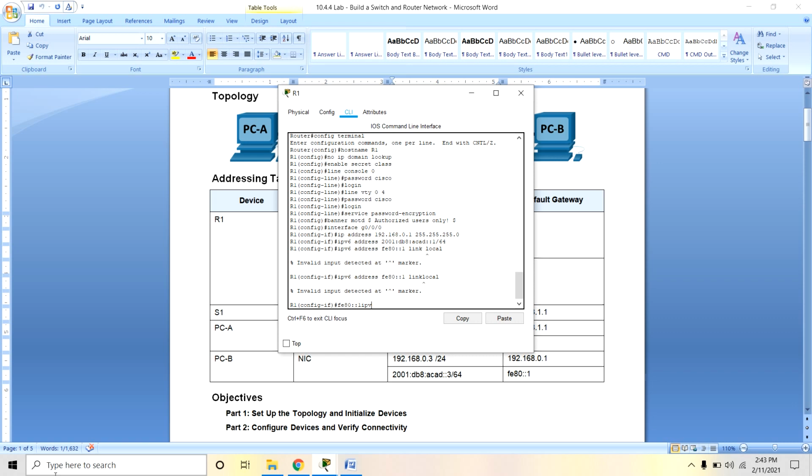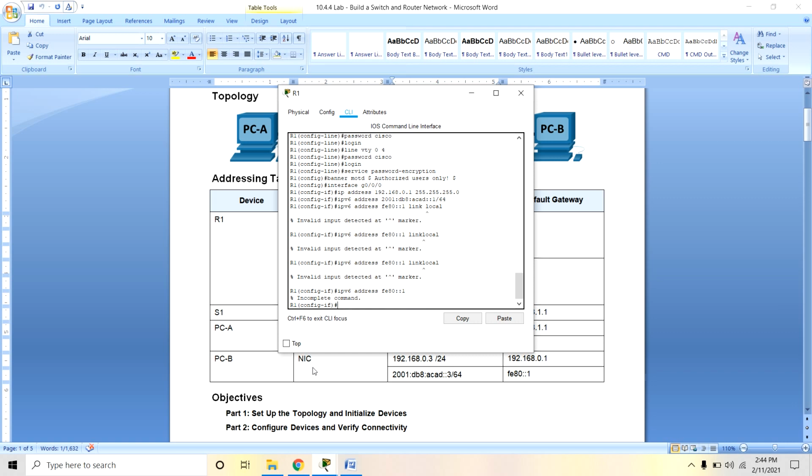IPv6 address FE80. Okay, we have entered the same IPv6 address.